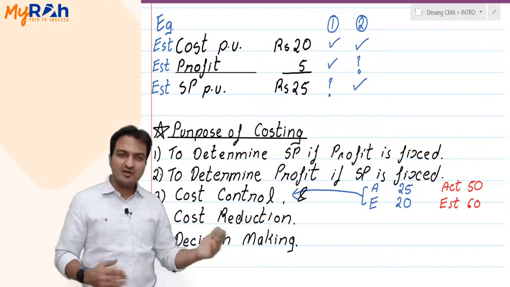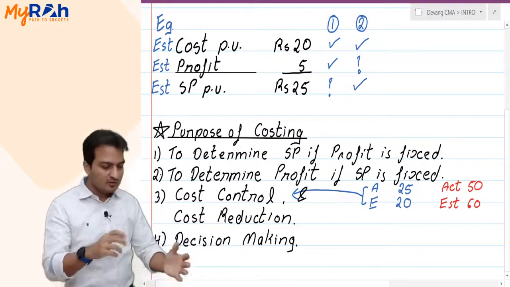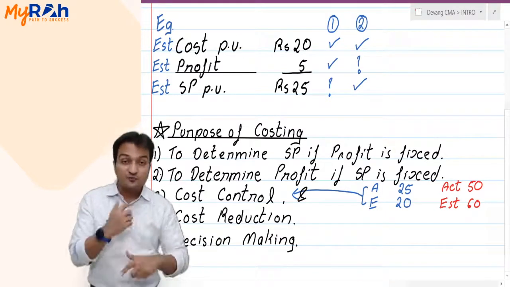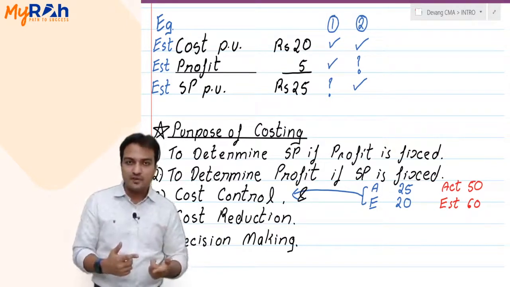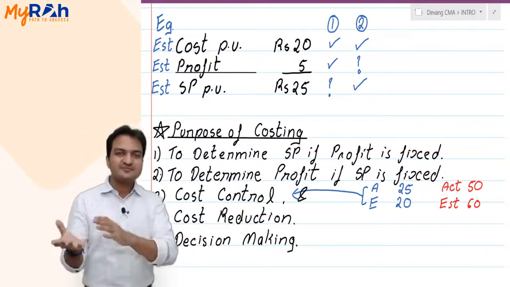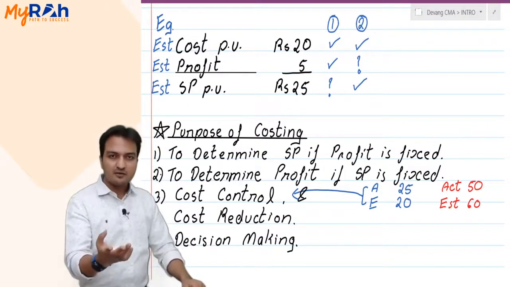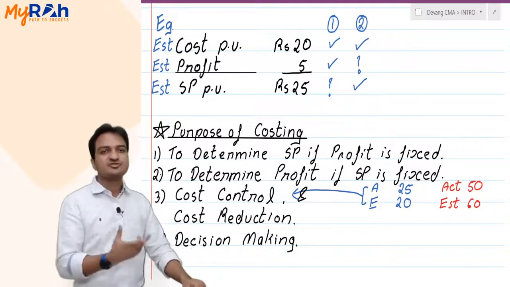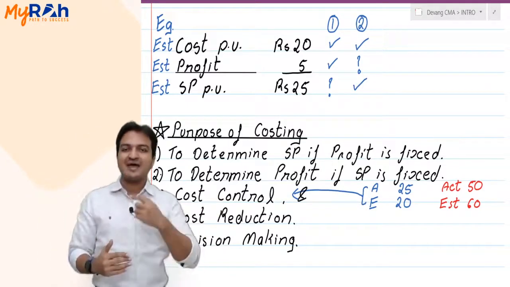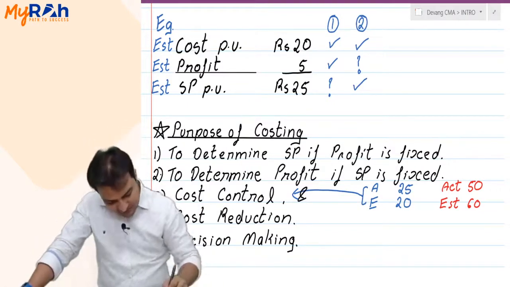What will you do when you get the corrected paper? You will see where you went wrong, you will try to find out the mistakes that you did, so that you can prevent the mistakes next time, so that you at least prepare those topics better in the next exam. That is exactly what cost control is. Yes, so cost control means to control my actual cost and bring it down till the estimate, while cost reduction